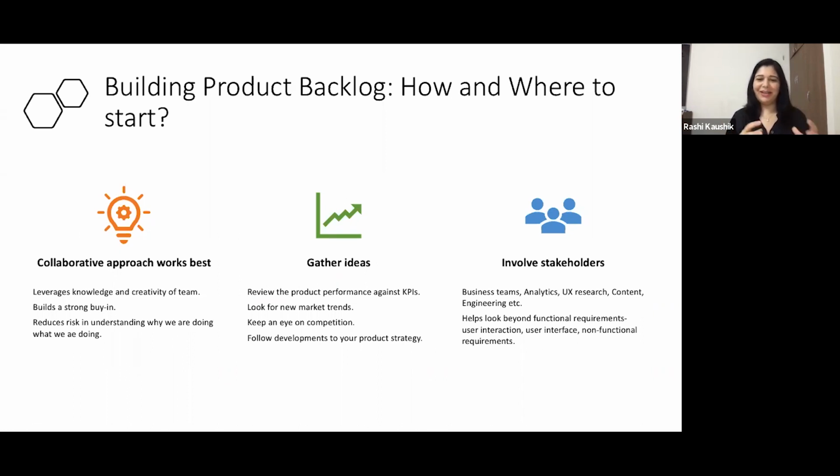Finally, their inputs will help you look beyond the functional requirements. I know you're a product manager and you know non-functional and UX and analytics, but then there are specific functions who are specialized in doing so. So take guidance from them. So how you can take the collaborative approach is, I would say start by setting up meetings initially, but slowly you should build a process to involve stakeholders in the backlog creation and grooming process. Now, one way is to build an idea board where people can come and put in their ideas on a regular basis, and then you set up a regular cadence to review those ideas. Don't dilute the product vision by promising everything to everyone.